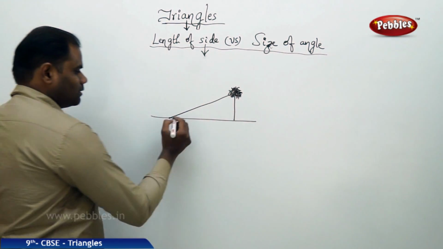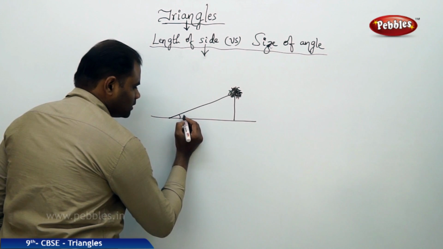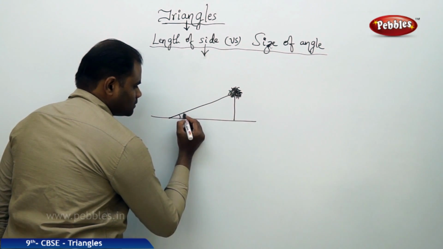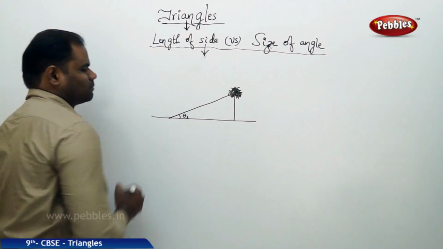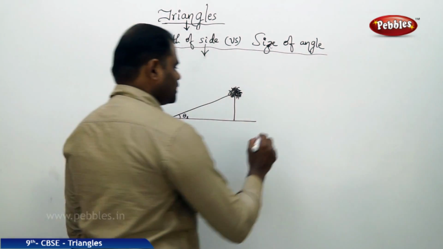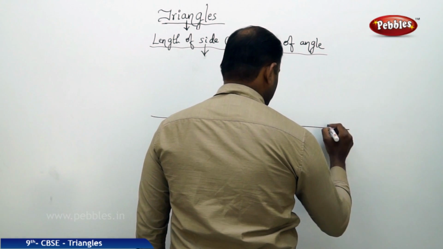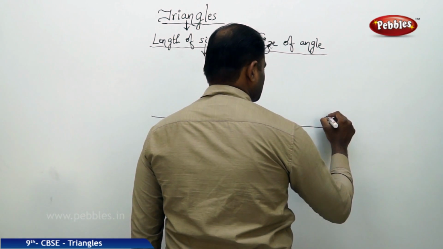Now I have an angle, say this angle is theta 1. Imagine I have a second case where I have a small bush